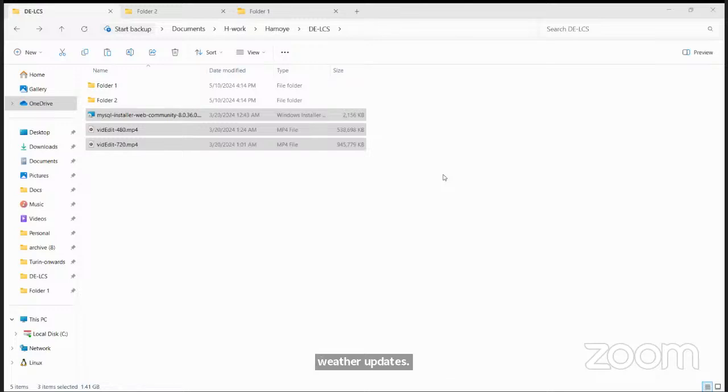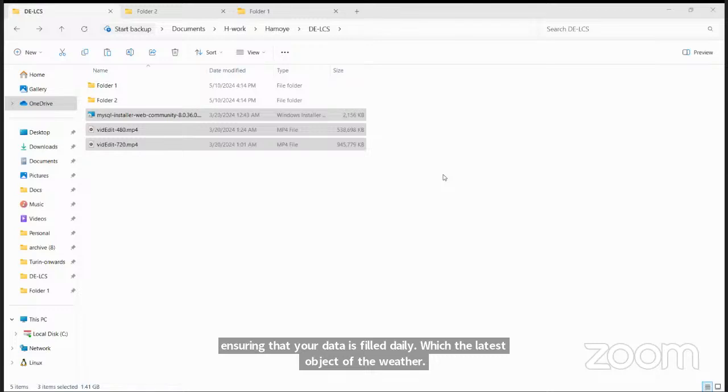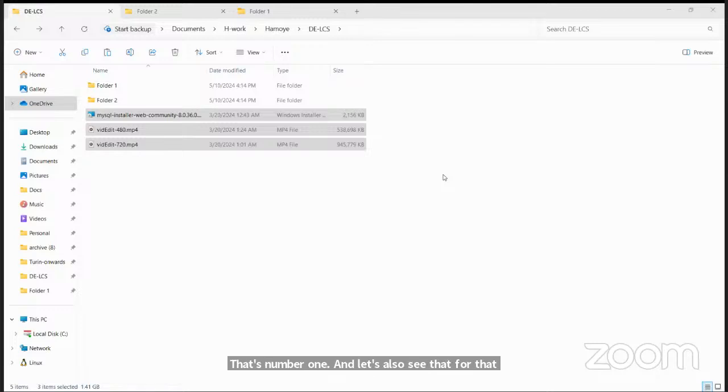You have to keep ensuring that your data is filled daily with the latest update of the weather. That's number one. And let's also say that for that particular application, you want the application to understand when it